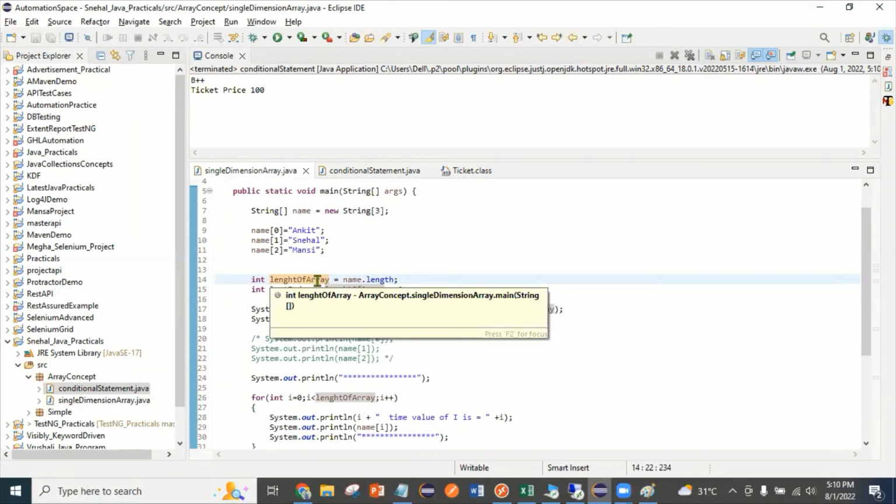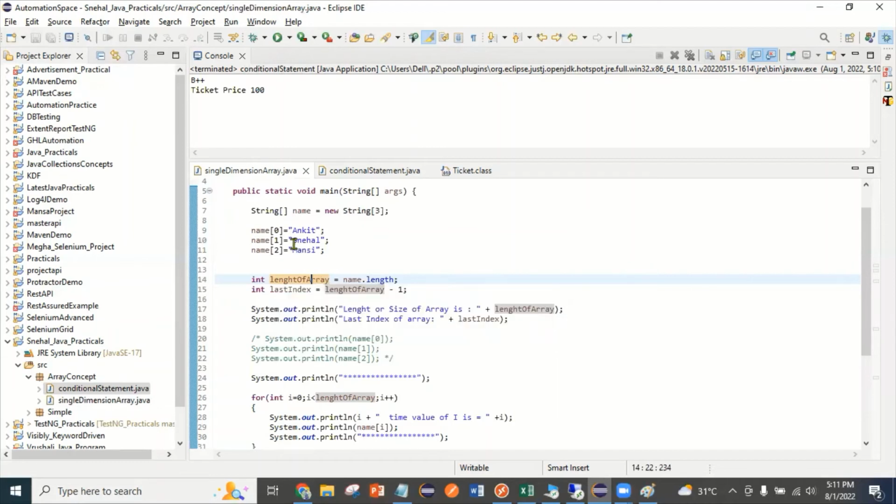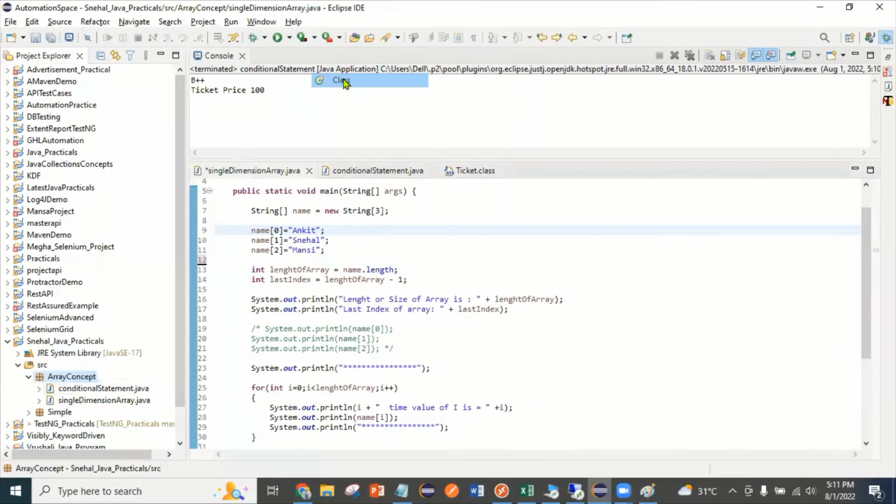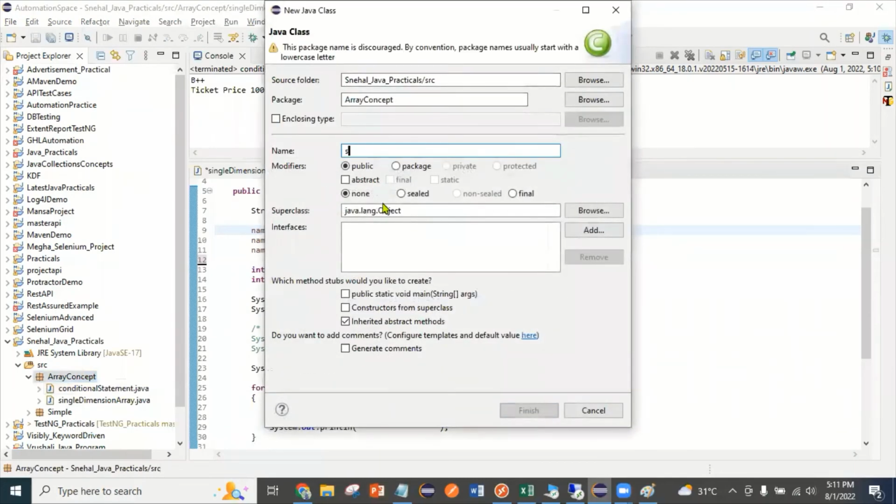Now let me just show you a few things about how the string and character array work, because that is something I want you to understand. Okay, so like array, we have this string array, right? But now suppose I want to divide this string, Ankit, into different characters, right? How can we do that? For that, I want a separate class, string character. Okay? String character concept,